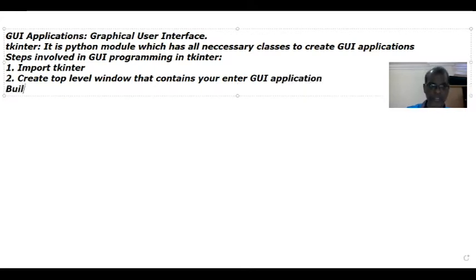Third step is build all your components.